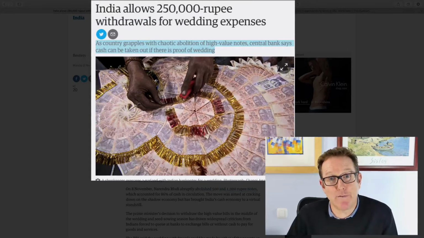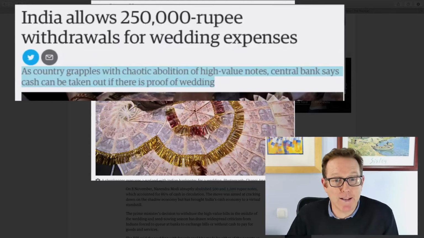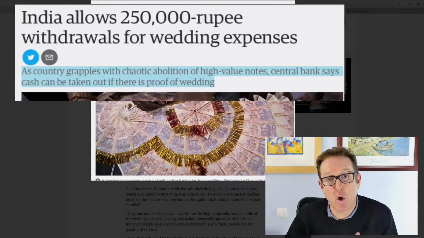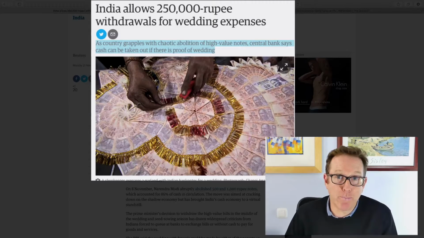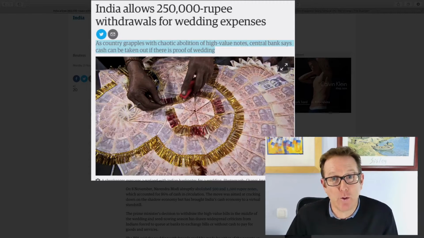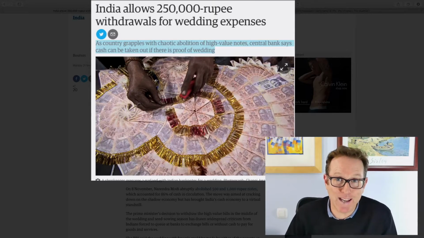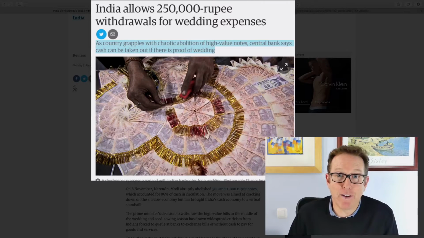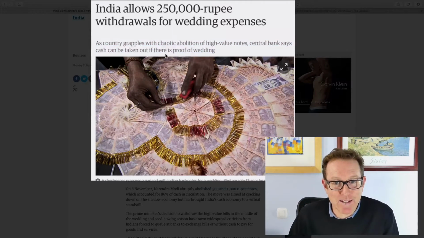So we can see here from the sub-headline, as country grapples with chaotic abolition of high-value notes, the central bank says cash can be taken out if there's proof of wedding. So if you can prove that you have a wedding or that you have to pay for a wedding in India, you are allowed to withdraw this quantity of cash. If not, perhaps no. So as the country grapples with, if you grapple with something, let's have a look at